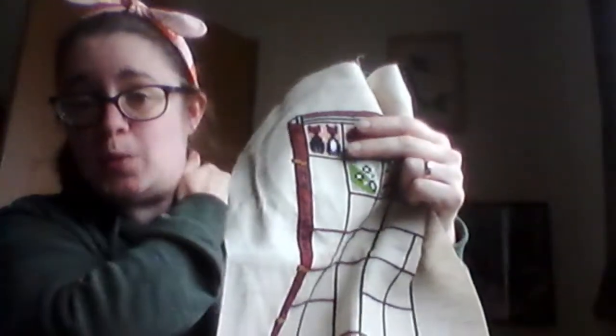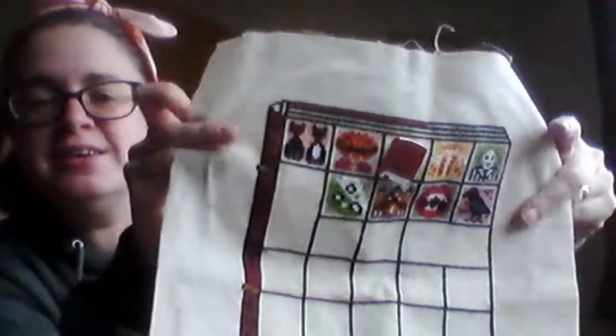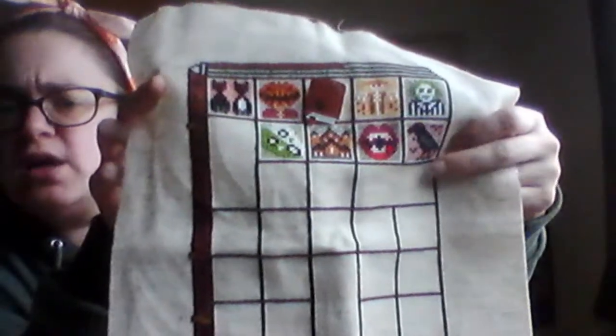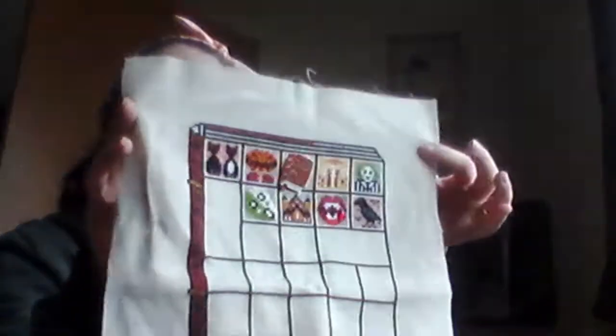I was wondering what would come for these bigger squares, and this first one was Cousin It from the Addams Family, and I was like, I love it. So I can't wait to do him. And then this one is Frankenstein. But yeah, it is really fun. I love it. It's on 14 count